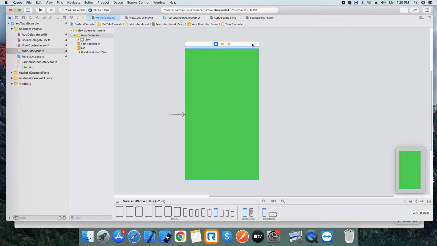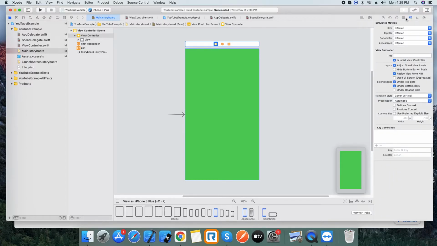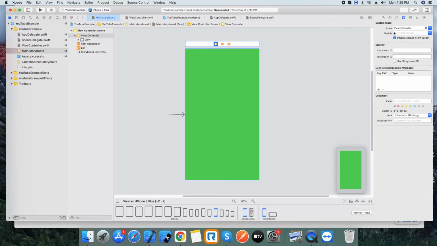We need to connect each and every screen with its respective class. Click on this, and we have the inspector here, please click on that. In the fourth option you can see the class is connected to ViewController, because by default one class is created corresponding to this screen.